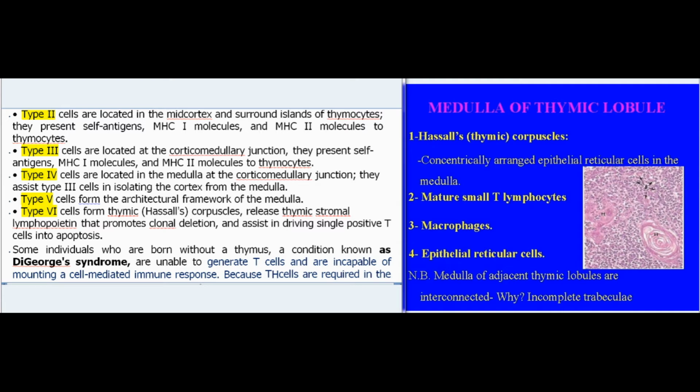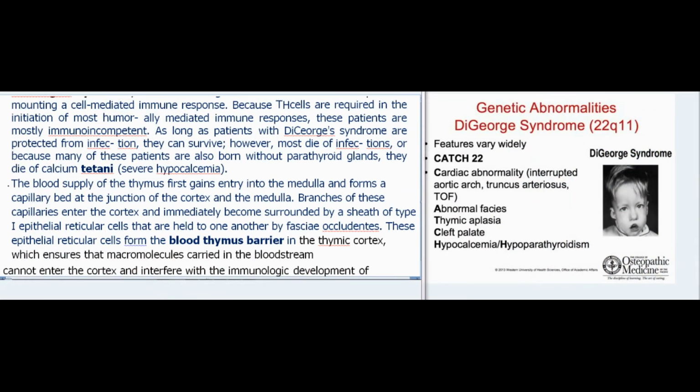Some individuals who are born without a thymus, a condition known as DiGeorge syndrome, are unable to generate T cells and are incapable of mounting a cell-mediated immune response. Because T cells are required in the initiation of most humorally mediated immune responses, these patients are mostly immunoincompetent. As long as patients with DiGeorge syndrome are protected from infection, they can survive. However, most die of infections, or because many of these patients are also born without parathyroid glands, they die of